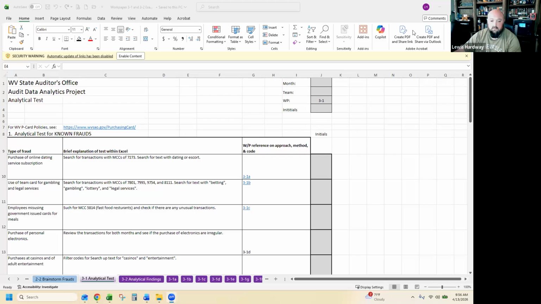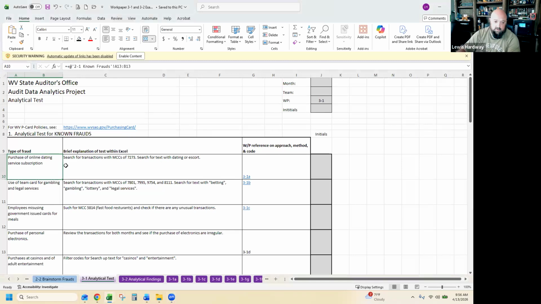All right. Okay, so what you're seeing here is the first page of an example of Workpaper 3.1. So what we're doing in this example is, we brainstormed a lot of different types of frauds.